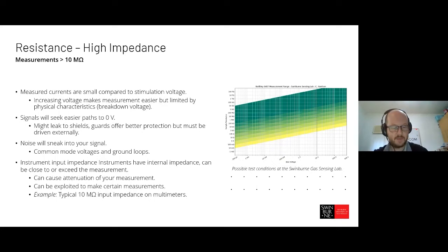The other thing to consider is when your material is particularly insulating, the energy being handed around by the electron is going to try and find an easier path to ground rather than going through your signal. And so that means it might find that it's a lot easier to leak across surfaces or through materials that would not normally be conducting. And these can be very difficult to diagnose and to correct, because if you're looking at your response and you just